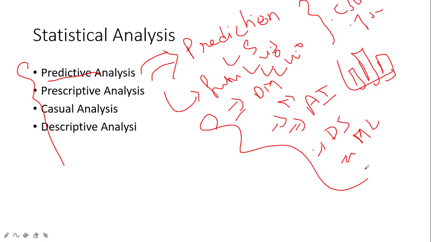So for that we need a model, right? The model is known as a prediction model. This is exactly what predictive analysis does. It predicts how things will be. Suppose, now that COVID-19 is going on, how are we using the prediction model in that, or how do we predict it? Those are exactly predictive analysis.